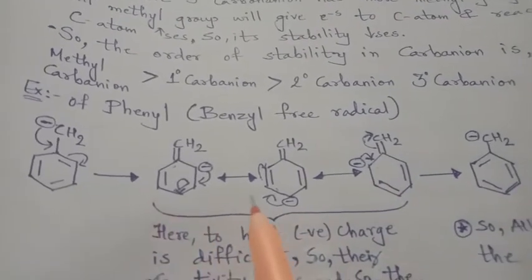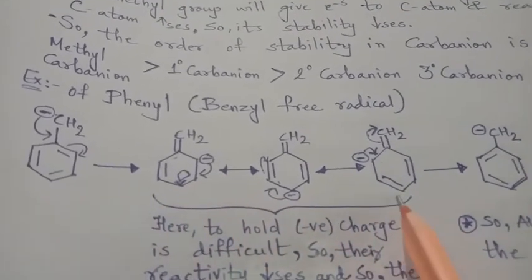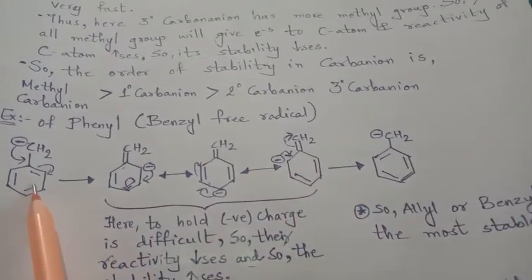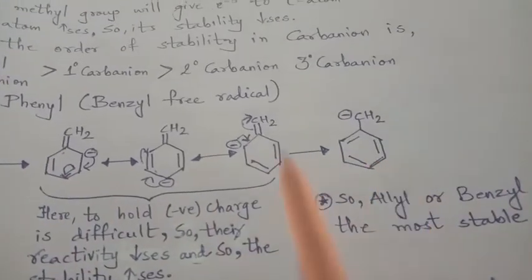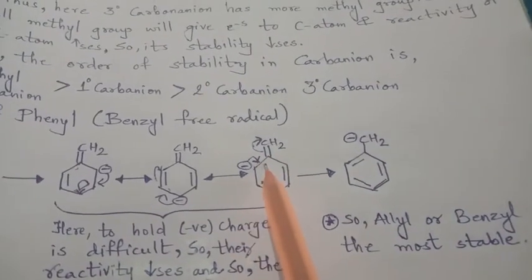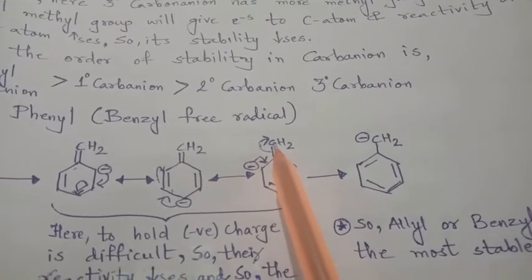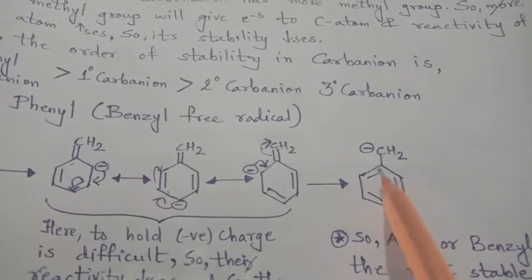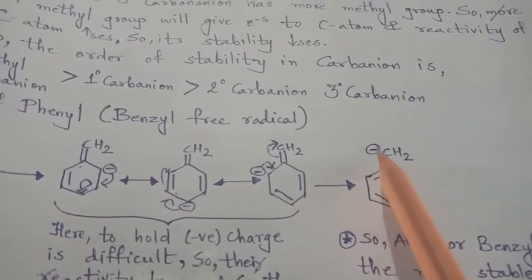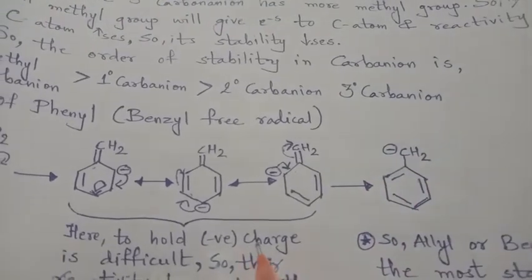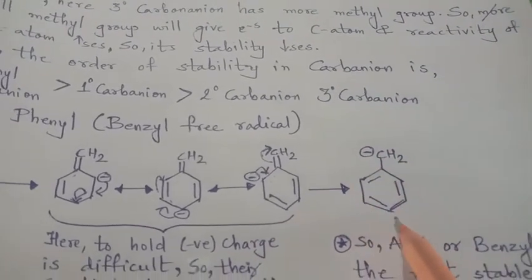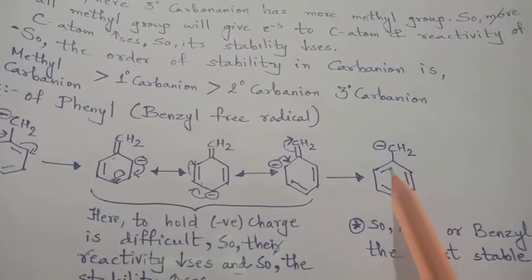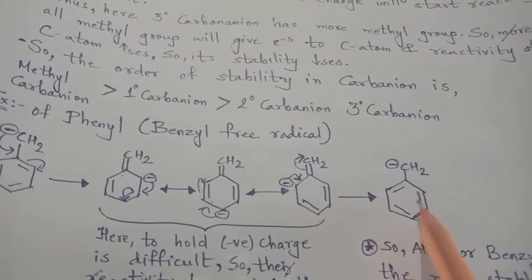So continuously these resonance structures take place, from the first position of this bond to this, and we will get a double bond here. This is again acquired by the CH2 group attached to the benzene ring. So the bond is here now and the minus charge is back with the single bond. So the thing remains as it is. The original compound is as it is, but the continuous change of the double bonds takes place.